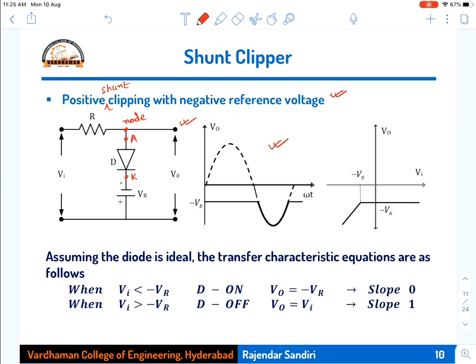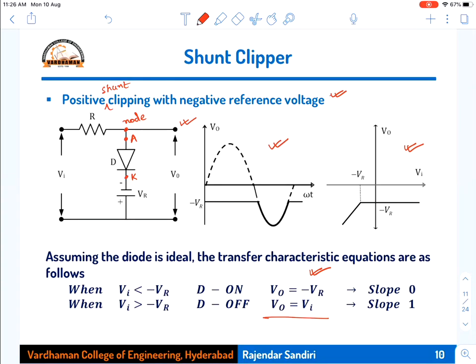Circuit, input output waveforms, transfer characteristic plot, then transfer characteristic equations. So 5 things are available in this slide. You can just visualize how all these things are, what will be the plot of this. Okay, I think from here these all are self-explanatory now, because I have given the complete idea of how the circuit diagram will be, how it is named, and how to plot the characteristic, how to write the characteristic equations, how to plot the transfer characteristic diagram. So these things I hope you can just visualize and understand. Self-explanatory from now onwards.